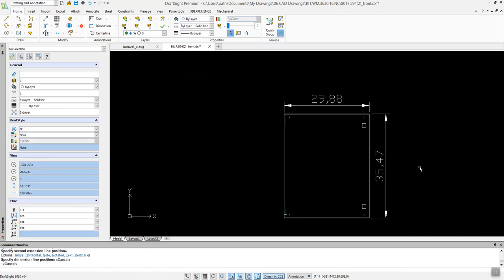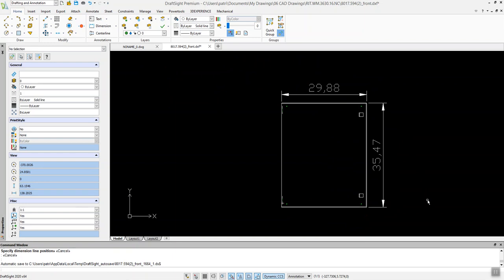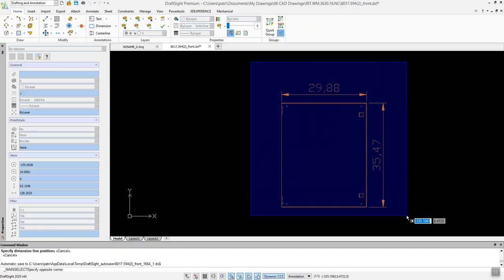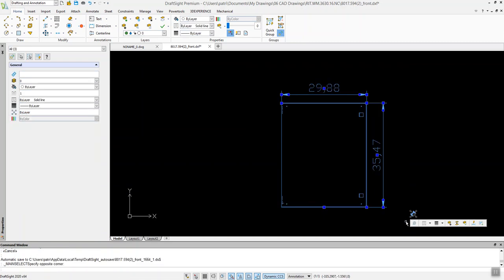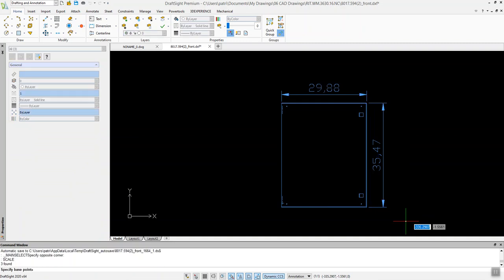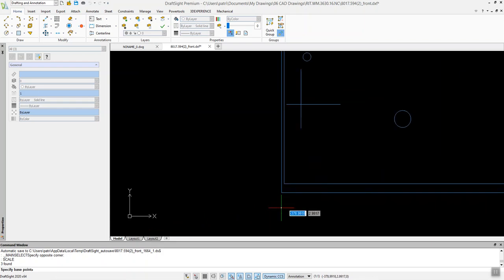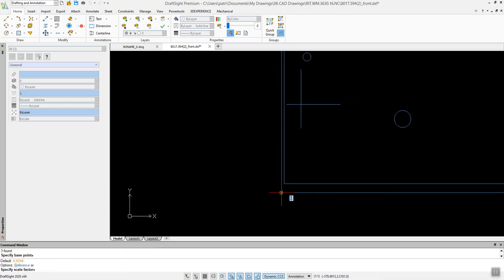All right, and now that I know that it is an inch and that it is accurate, I'm going to select everything on the screen. And I'm going to type in scale. Down the bottom left-hand side, I can see that it's asking for me to specify a base point. So I'm going to select the bottom corner. It really doesn't matter what we select, but I'm going to select that. And then I need to type in 25.4